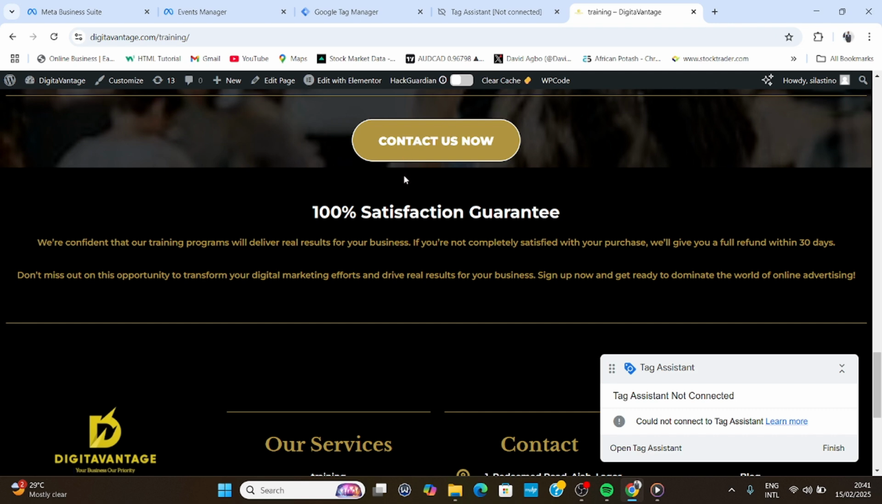So it means that this button is so valuable to my business and that is why I want to track it. On your end, you need to track a button or something that is so valuable to your business. Here, what is so valuable to my business right now is this contact us now button. So I'm going to show you guys how I'm going to create the tag right now